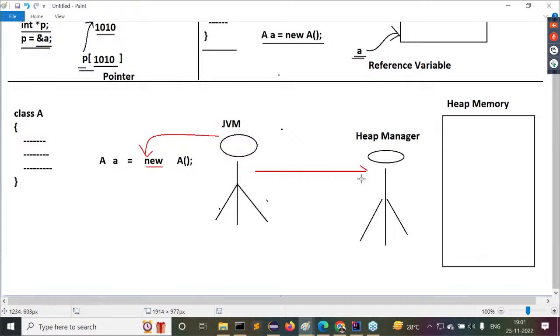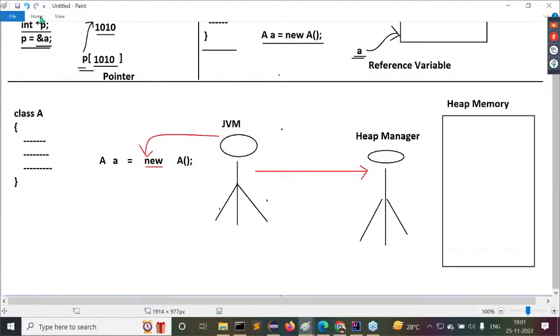What is that request? As per the program, I need to create an object. This is the memory size, say, for example, 10 bytes of memory. Please try to create an object with 10 bytes of memory for the sake of my program. Like this, a request will be submitted to the heap manager.